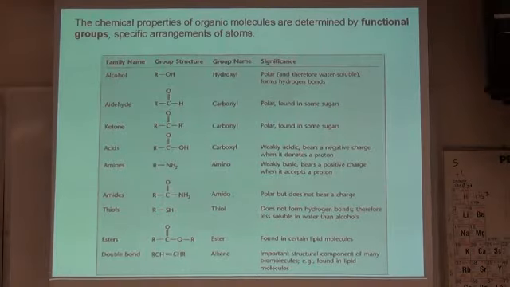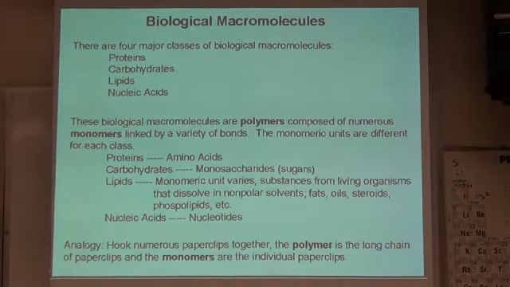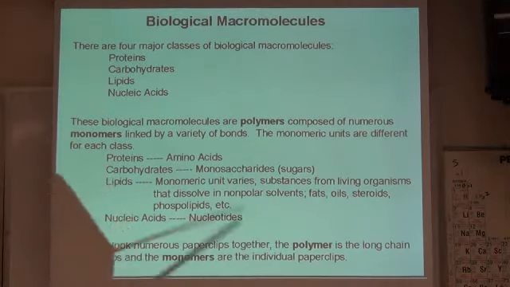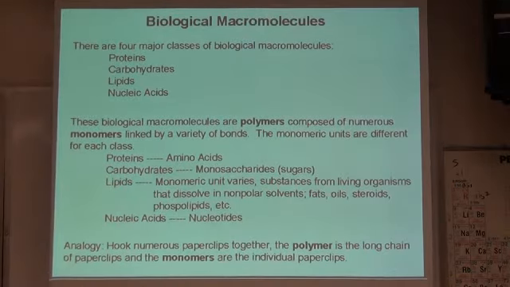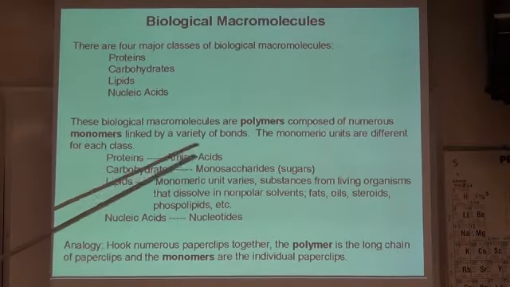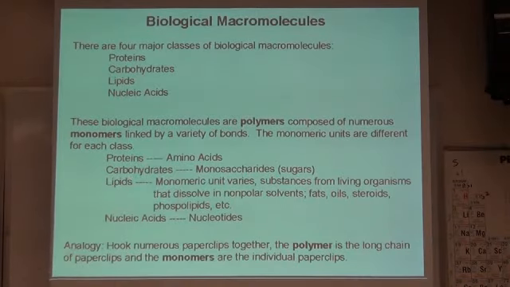And here's a list, obviously, of the functional groups. Here are our macromolecules. These are the three that we're going to be talking about. Or four, sorry. Three of them do have monomeric units, and that's proteins, carbohydrates, and nucleic acids. And when we get to the lipids, we're going to see that the lipid class is really defined more by operational or functional characteristics than by structural.